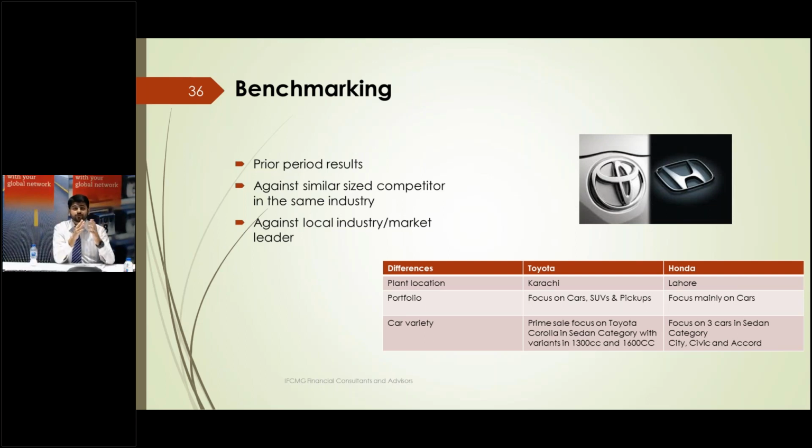But on the flip side, if you look at sales, just remember that the manufacturing sites are from where the finished goods are dispatched. Honda is at a more centralized location and Toyota's location is right at the south of the country. Karachi may be the main hub, but the rest of Pakistan's urban areas are also developing and the demand for cars is also increasing. That is, I think, one of the factors where Honda has the advantage, as they can have much better access to the rest of the country as compared to Toyota.